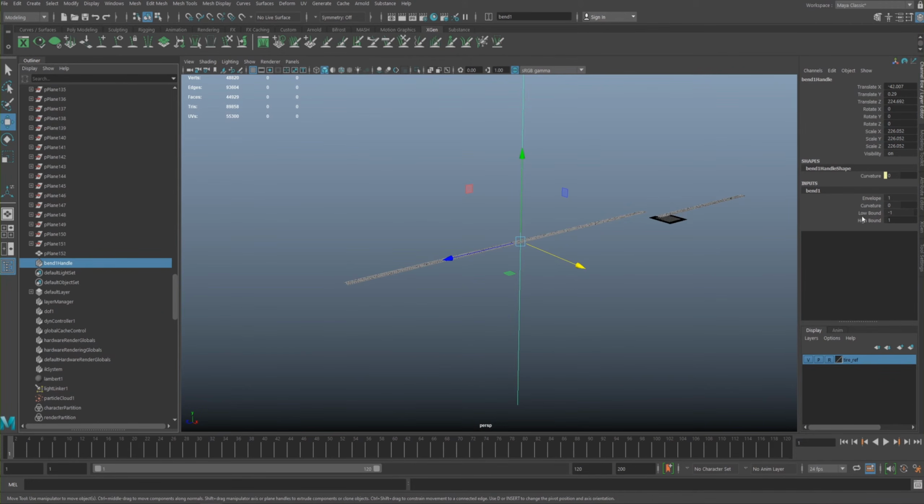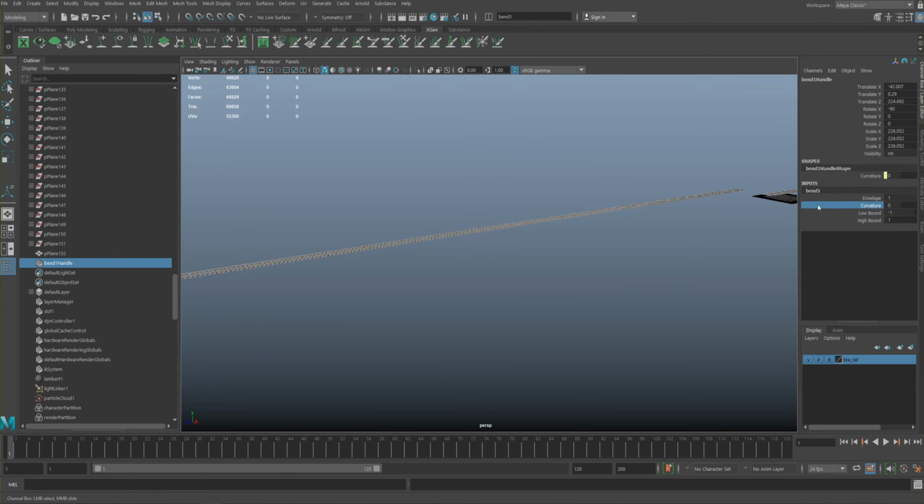And so the low bound is the bottom bit and the high bound is the top bit. The curvature will be how much we want to bend the geometry that it is assigned to. So because we want to bend it into a circle, into a wheel, we need to bend it around on itself, so 360. So I've rotated the bend handle down because it needs to bend downwards and onto itself. So I'm going to start to bend this curvature 90,